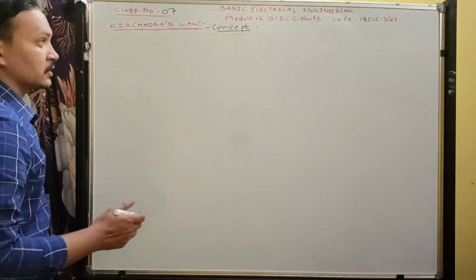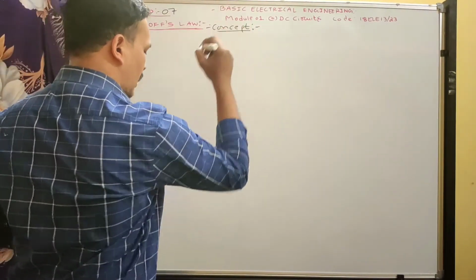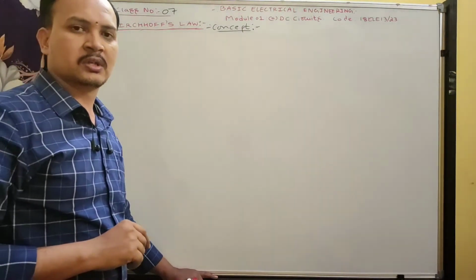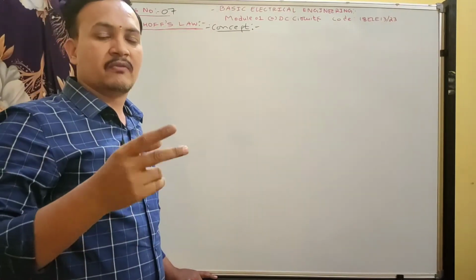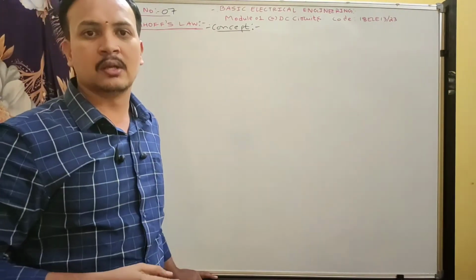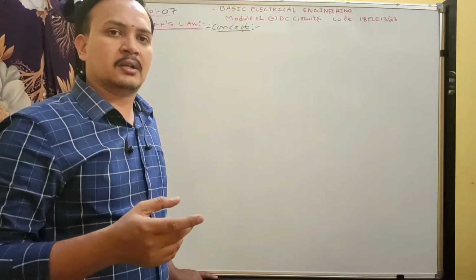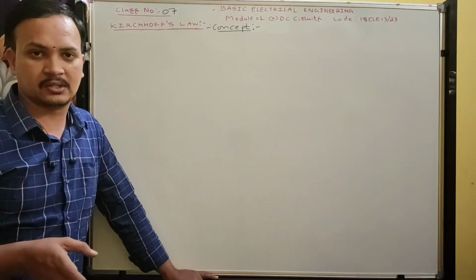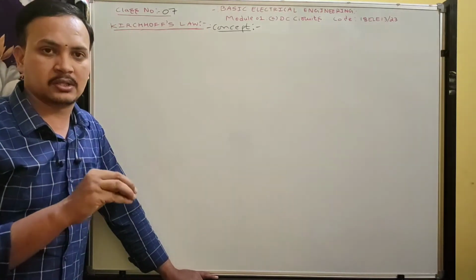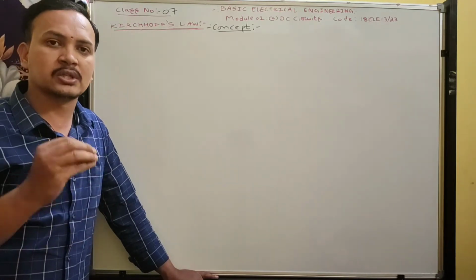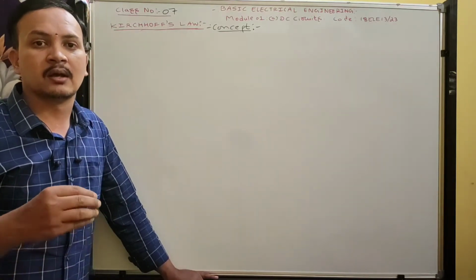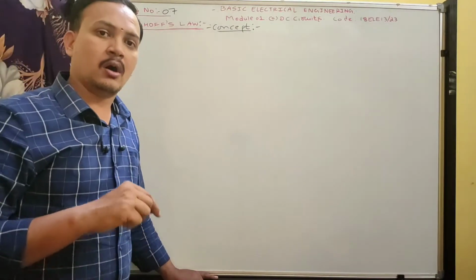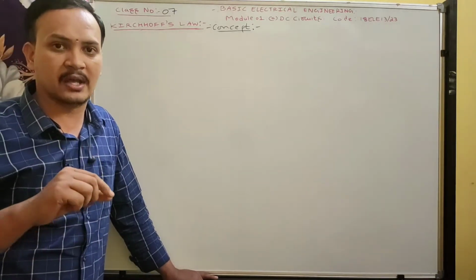So in this concept, the university will give two types of questions. First, they will ask: find the current in this resistor and that resistor. To find that, they should give directions. And in another way, they won't give any directions. If they don't give loop directions, then every student will get a different answer. But if they give directions, all students in the university should get the same answer.